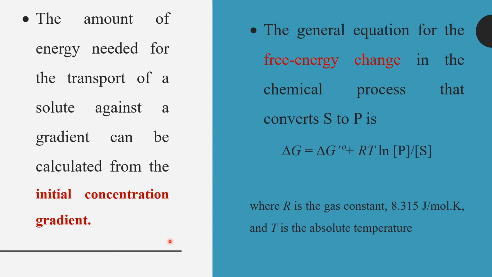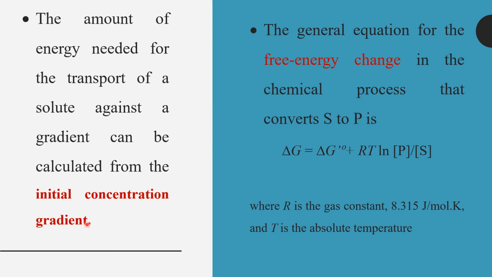that particular solute molecule. And if the difference is very large, for example, only one molecule of solute is available in the molecules present in the cytoplasm, so the difference is large, so more amount of energy will be required for the uptake of solute. And we know that we can't measure the free energy or the availability of energy. What we can measure is the change in the energy, that is known as free energy change or delta G.